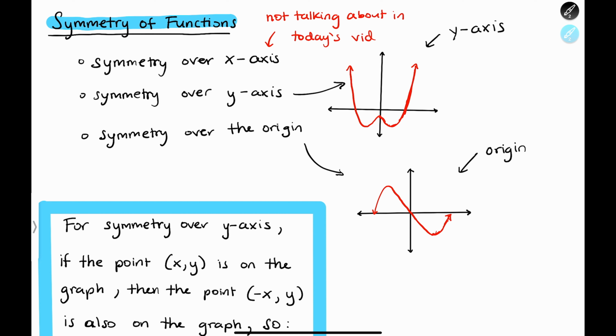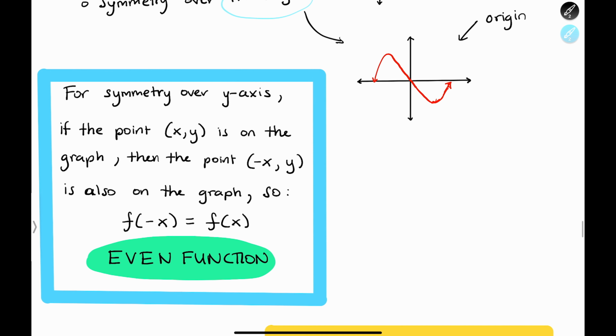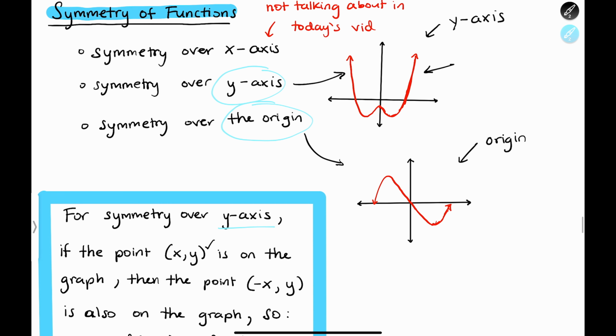Now we're going to talk about symmetry of functions. So in this video, we're not going to be talking about symmetry over the x-axis, but we will be talking about symmetry over the y-axis and symmetry over the origin. And so for symmetry over the y-axis, if the point x, comma y is on the graph, then the point negative x, comma y is also on that graph. So f of negative x is equal to f of x. And we call this an even function. So functions that are symmetric over the y-axis are known as even functions, and this is an example of an